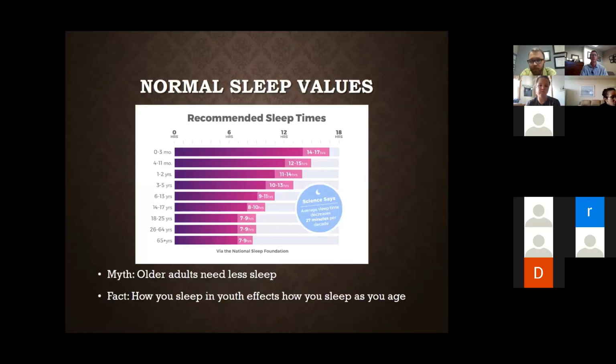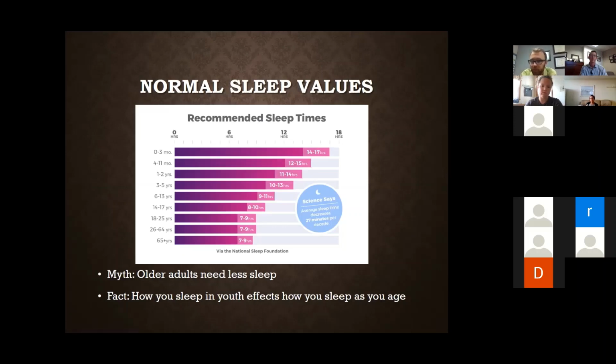So for a typical night of sleep for people in this audience, getting 7 to 9 hours of sleep per night would be really excellent. That's really what our body needs. I'm not going to list off every age range, but from infancy all the way up until adulthood, very young people need a lot of sleep. If you take a look, babies are sleeping more than half the day. Whereas as you get to adulthood, we start rounding down to about 8 hours on average, which is what most people need.